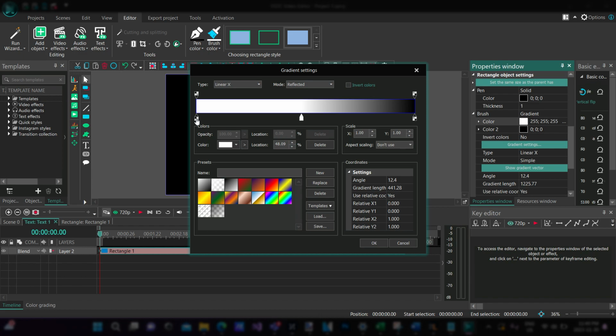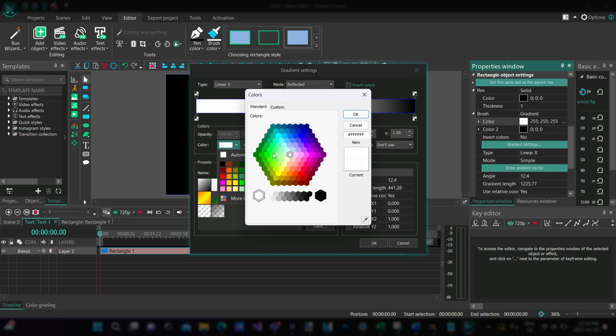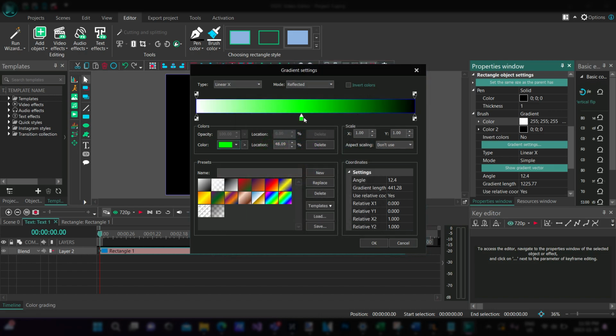So I can choose my first color. If you click this box, actually you can just leave this one at white if it is. Then click the middle box and choose a light color of your choice. I like green, so I'm going to go with green. And then for this final color, which should be black, you can change that to a darker color of this